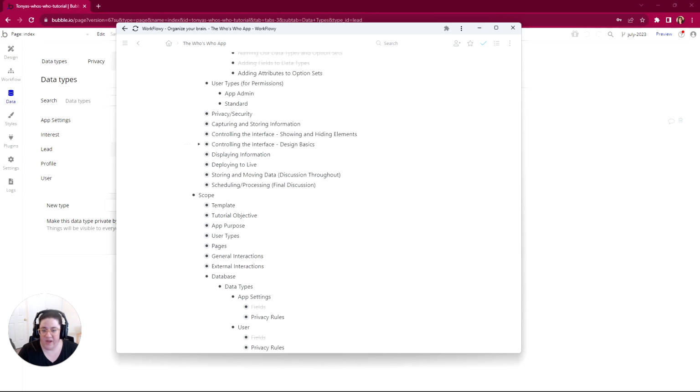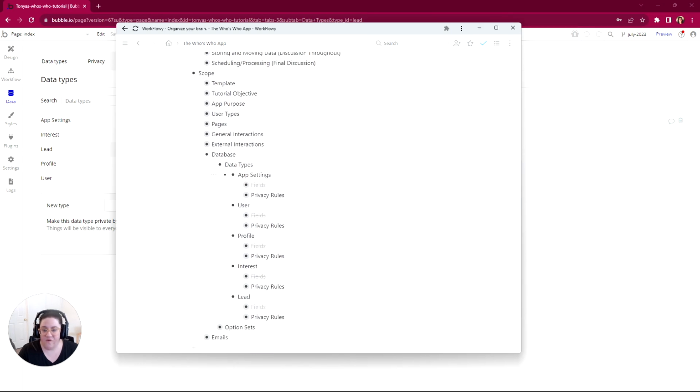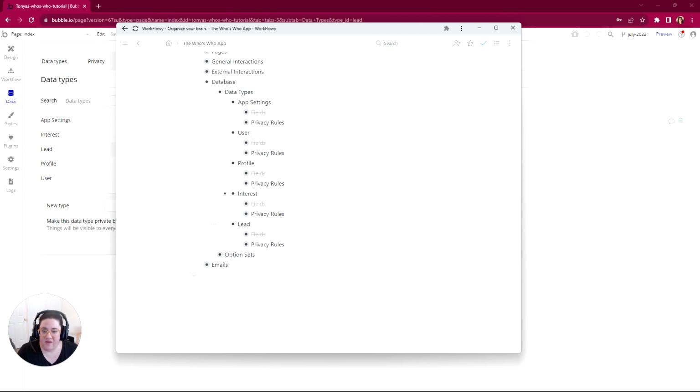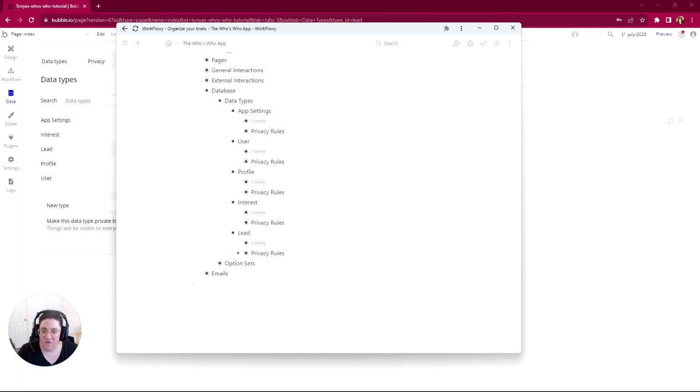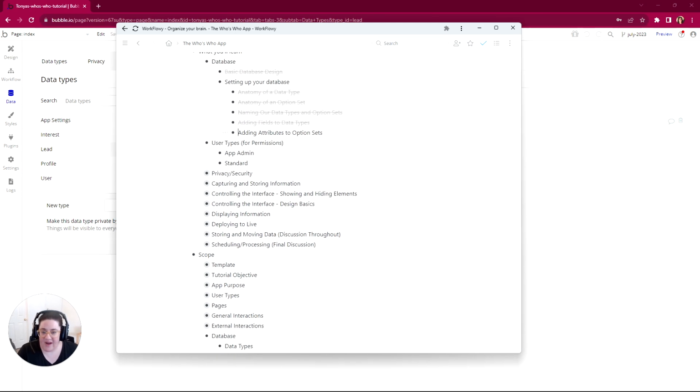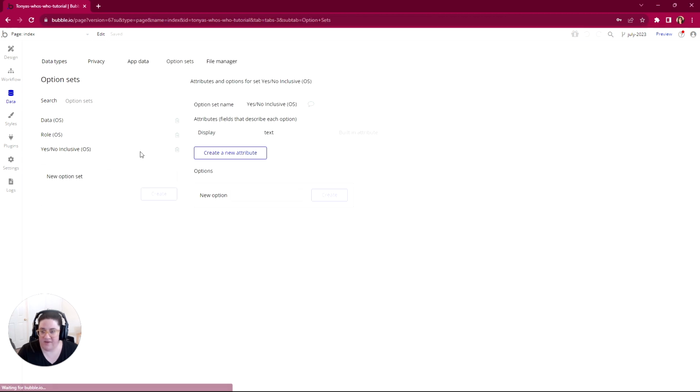And just so you know, it is typical for us to add new fields as we go, as we're building and realize that we need to store something in the database. But this will just help us prevent that back and forth. So now we want to add some attributes to our option sets. And really, we only have one option set where we're going to be utilizing attributes, which is going to be this yes, no inclusive. So I'm going to go ahead and come in here to the yes, no inclusive,